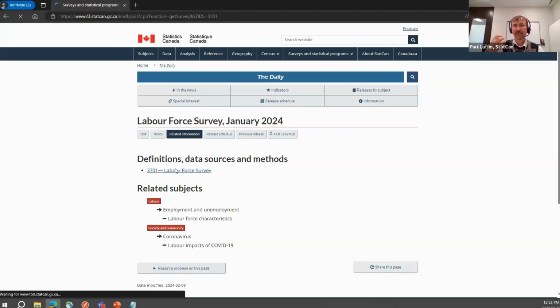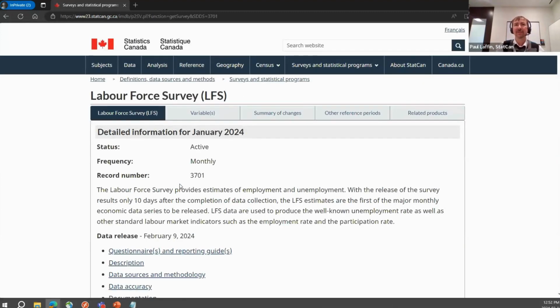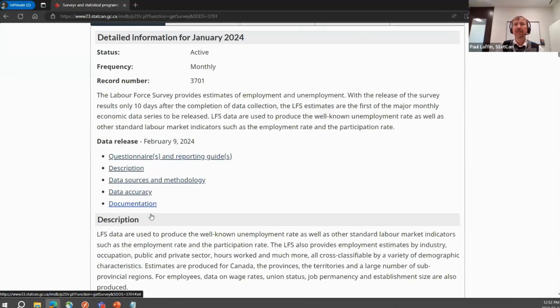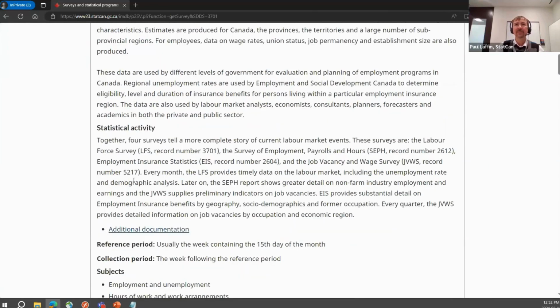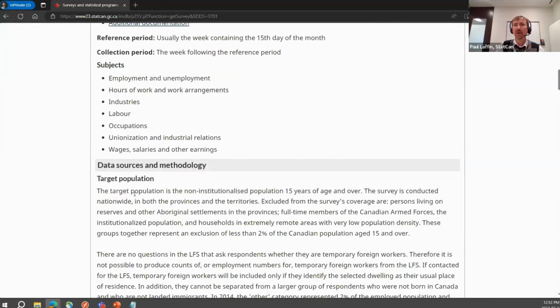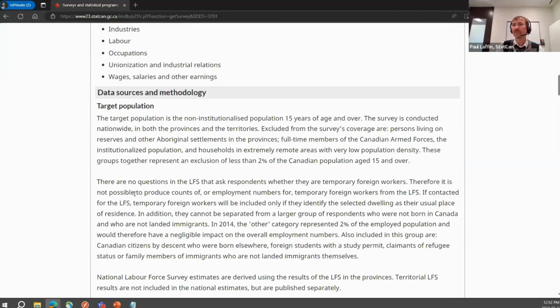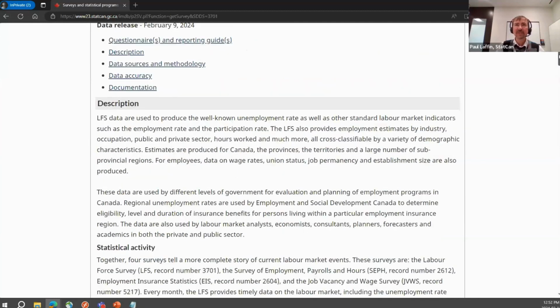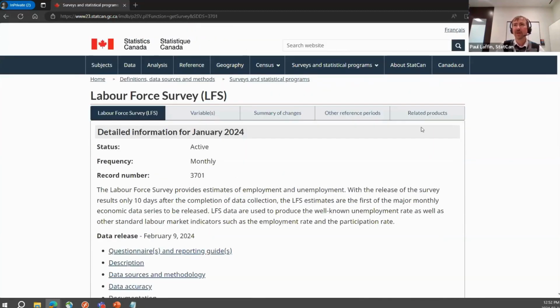This is where you get all of the methodology of the survey: the questionnaire, the description of the survey itself, the target population, etc. So that's all found on this survey page. The reason I use this survey page most often is the related products. When you click on related products,